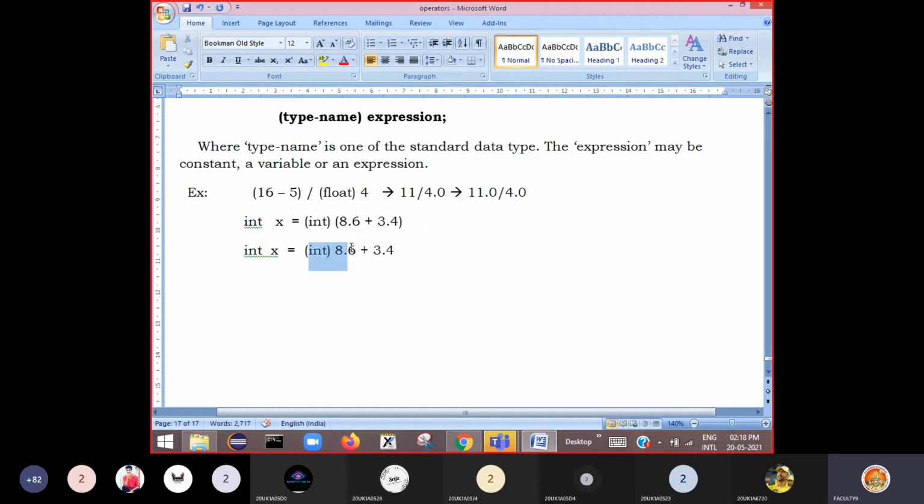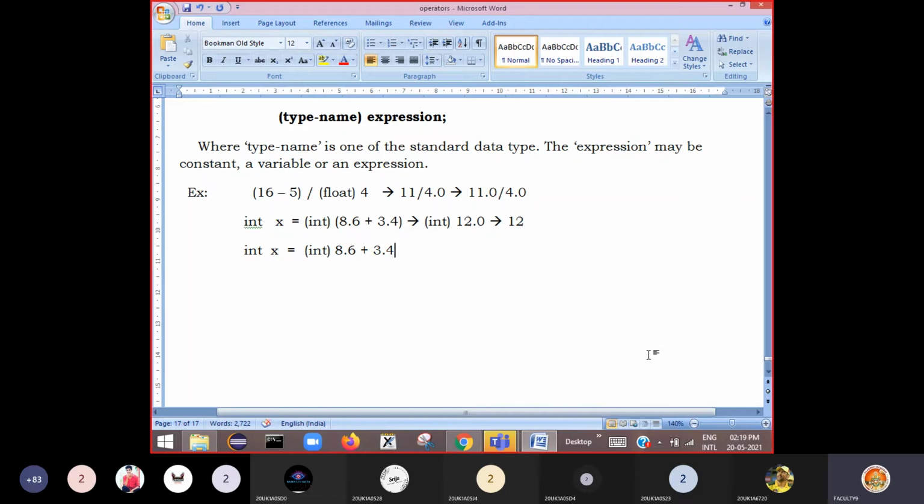Then it is an expression like 8 plus 3.4. Again one is integer, one is floating point type here. I'll write this answer here so that you can see clearly. It is nothing but int of 12.0, and then you'll get the result as 12 here.